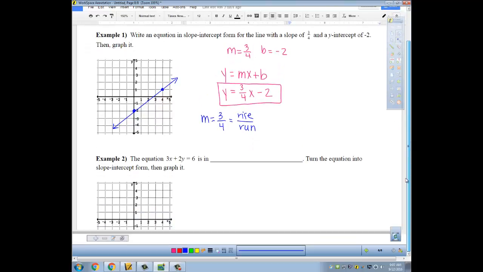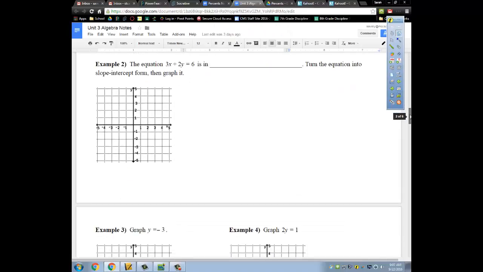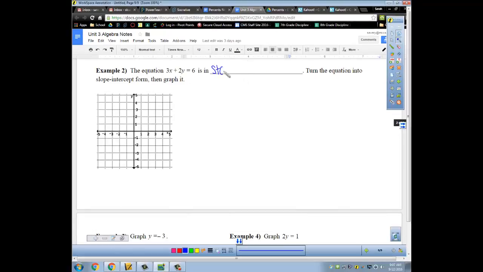For example 2, the equation 3x plus 2y equals 6 is in what's called standard form. We'll talk about that another day in more detail. The standard form is whenever you have your x and your y all on one side. We want to turn the equation into slope-intercept form, then graph it. So we want the equation to look like y equals mx plus b, which means we need to get y by itself. So if y is ever not already by itself, please get it by itself. So I have this equation 3x plus 2y equals 6, and I'm trying to get y by itself. So I'm going to subtract the 3x over